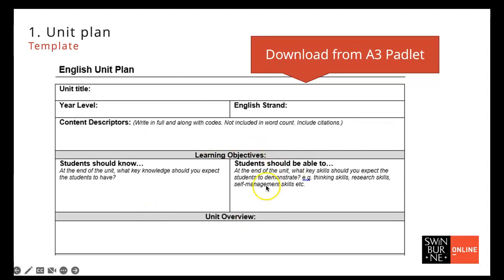So this can be found in our Padlet, and you can go about filling it in. Your learning objectives really need to be based in what the kids need to know. So they are like your overall learning intentions. What are the kids going to be able to do by the end of the unit? And we'll have more practice of formulating these objectives, because they really do need to be quite skills based